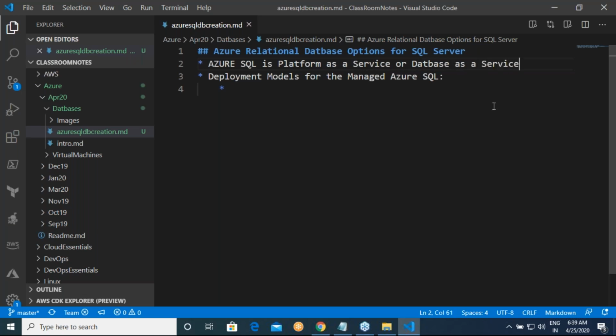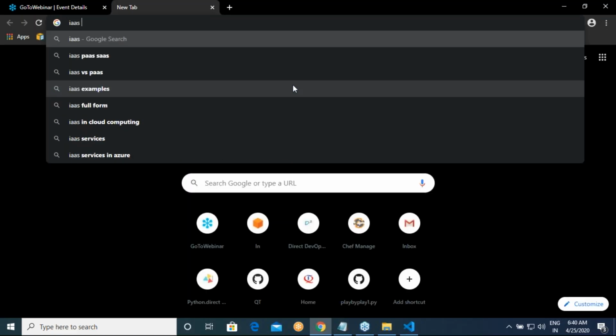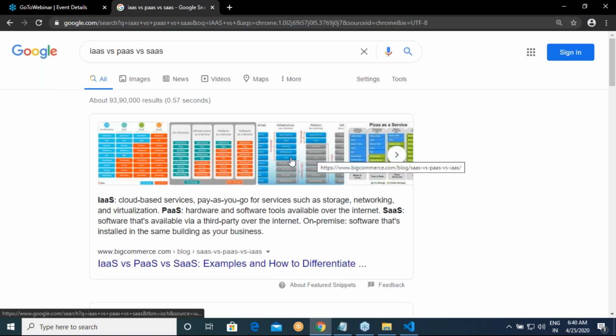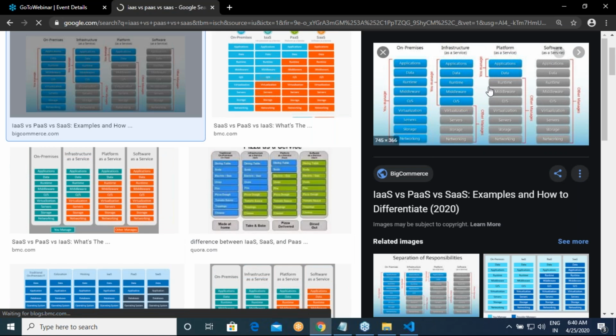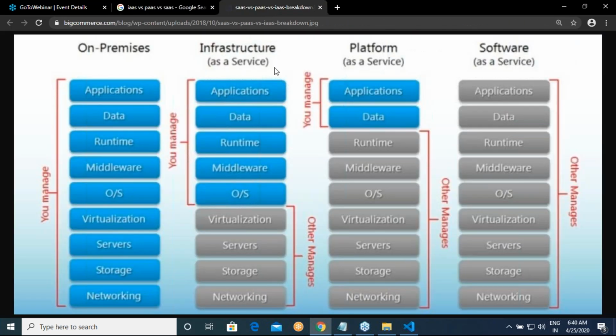What do I mean by that? Okay. So I'll just show you a very simple image. This is a very popular one and I'll be using one of them. This looks good. Open image in new tab. If you look at this image, generally what happens is, whenever you have any application that is running on the cloud, the physical networking of that server is your responsibility.